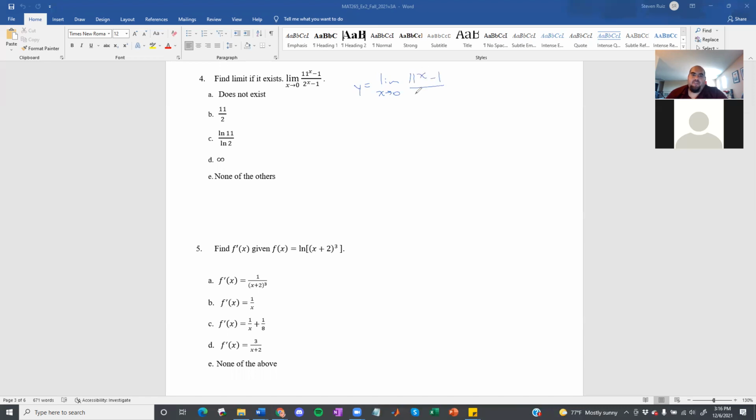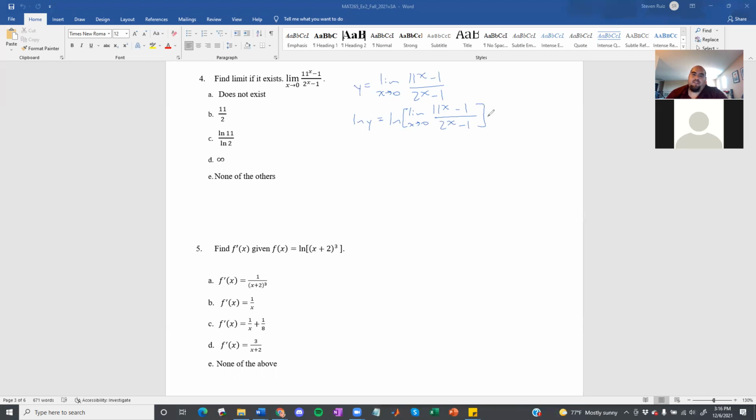All right, so what do you want to do to it first? So we'll take the natural log of both sides, right? So natural log of y is equal to the natural log of this limit. And then because of the rule for dividing, we can split them up. So then we have natural log of 11^x minus 1, minus